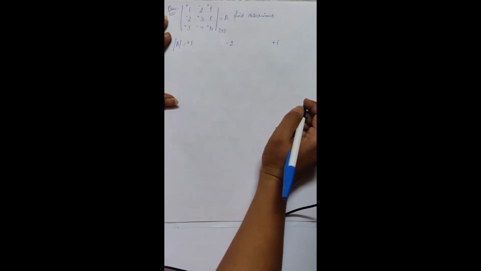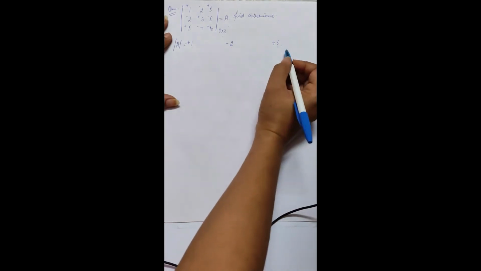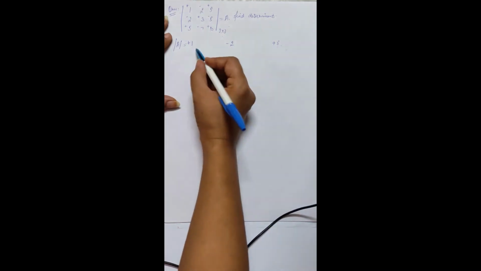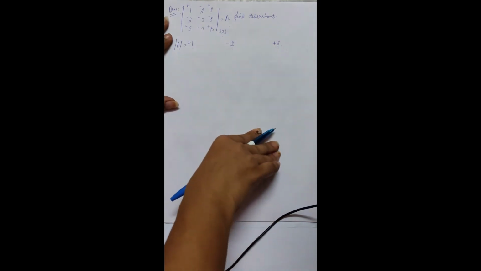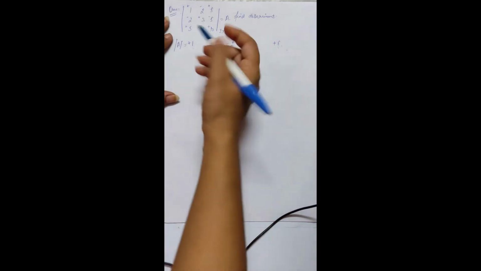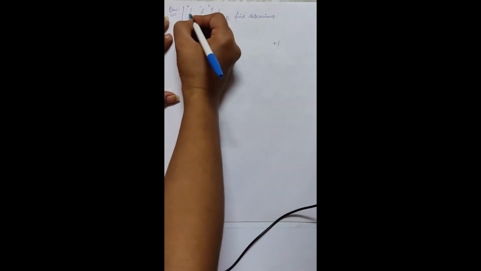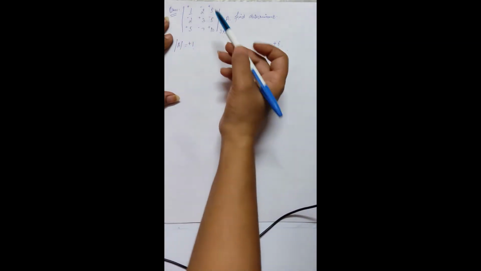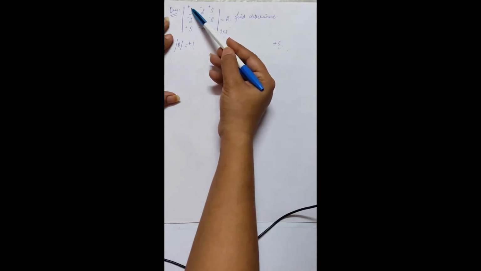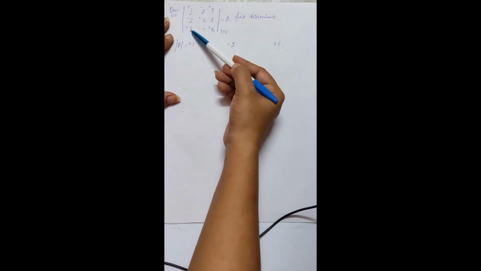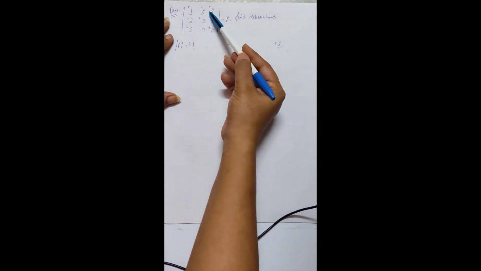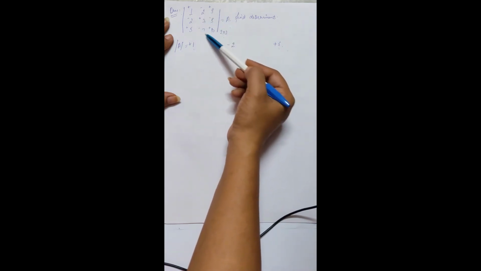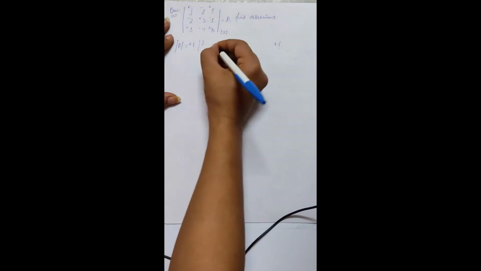I will explain with the help of the second row also, but first let me clear the concept with the help of the first row. So plus 1, minus 2 and plus 5. The next step is that we have to find the submatrix. If I take 1, this is my first element, right? So I will cancel this. I will not take the elements of this first column and first row. Whatever is left, I will take those elements. So here I will get 3, 5, 7 and 10.